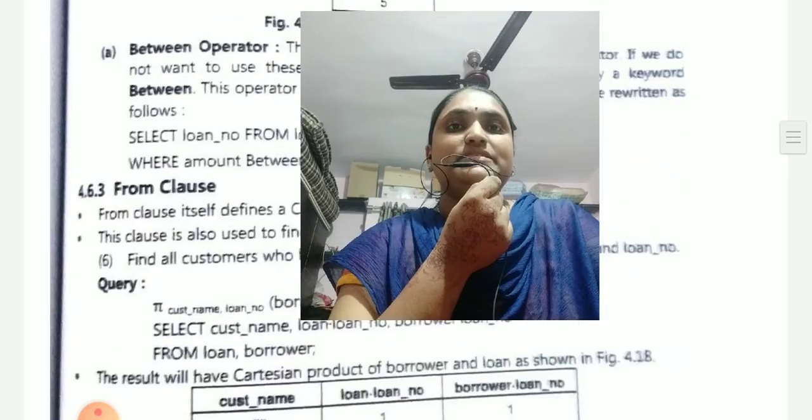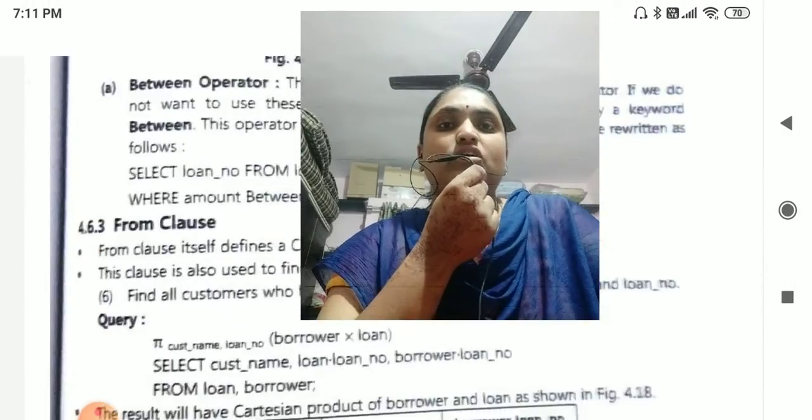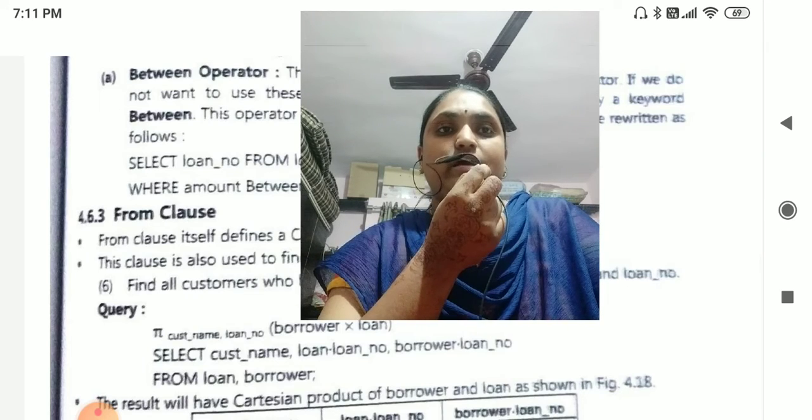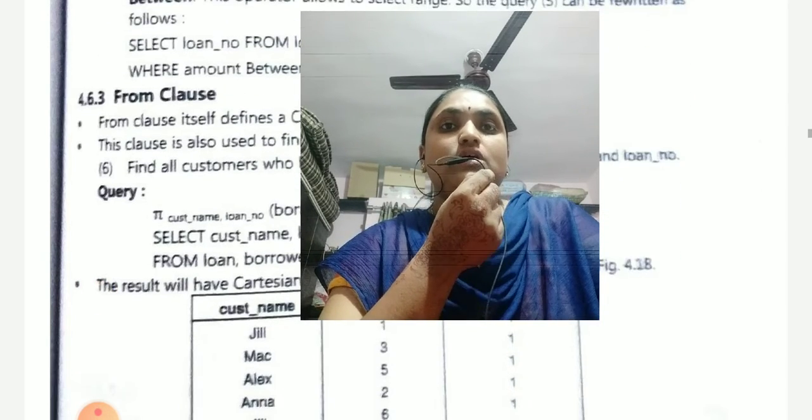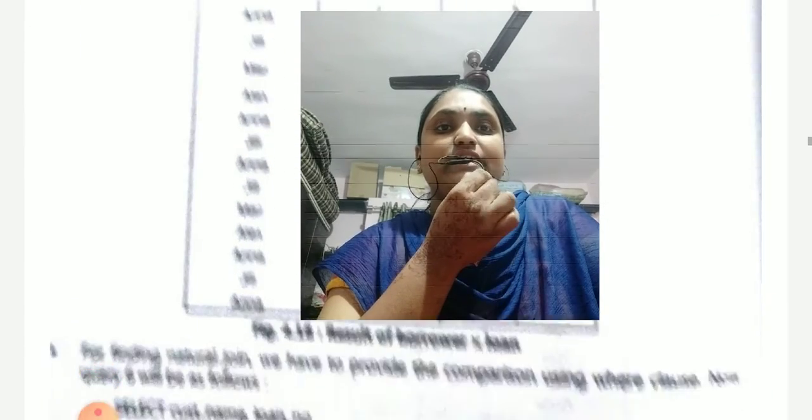DML commands are nothing but the data manipulation language, or we also use clauses in structured query language, that is from, with the help of from conditions. And we also see that there are logical operators present in the DBMS. These are nothing but and, or.